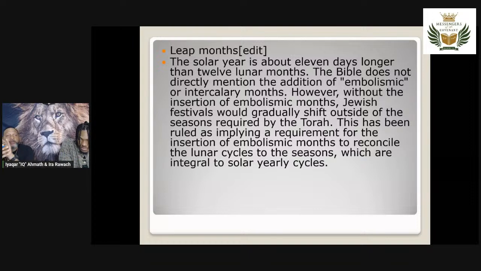Every 3 years, 2 years, it goes through particular cycles. It's like 3 years, 2 years, 3 years, 3 years, 3 years, 2 years, and then it goes back. So it changes with the time, and I'll show everybody in a minute how that works. But the purpose is so that we can keep it in season. We have to account for the time lapses that happen between the lunar and solar aspects of the calendar. The sun and the moon fall out of sync. Now it's acknowledging that the solar year is 11 days longer than the 12 lunar months.